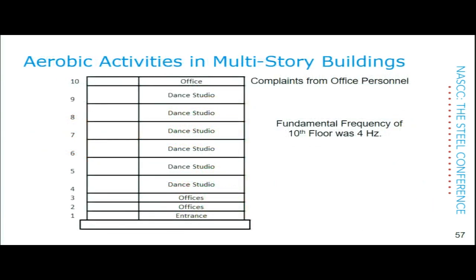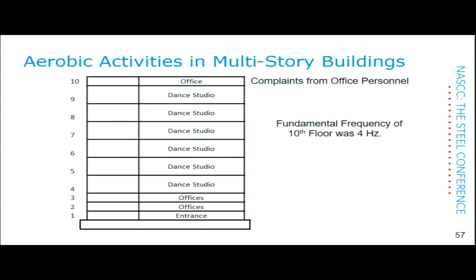So anyway, with that, I want to turn this back over to Dr. Murray because he has these last few case studies. These are just a series of short examples of what happened to folks very unexpectedly. This is a 10-story building, obviously. These areas in here in New York City are actually leased to Broadway and off-Broadway play folks where they do the practicing. And right after this building was completed, they were practicing for the 42nd Street musical on the 4th floor and got complaints from the office people on the 10th floor,